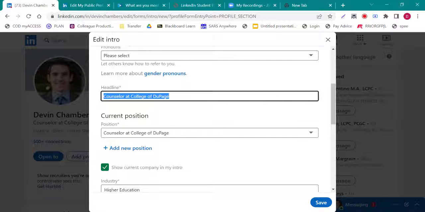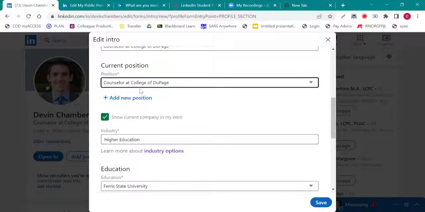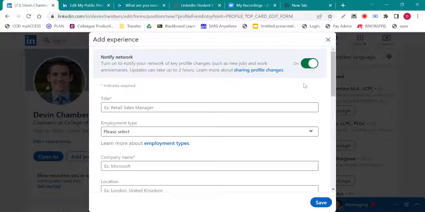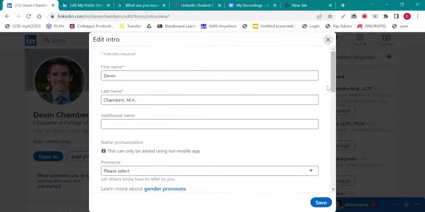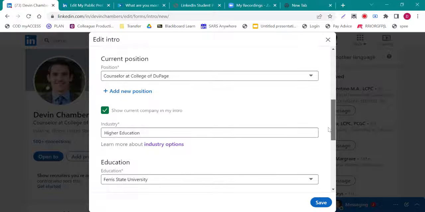moving careers or if you're in a field where you jump around a lot, which a lot of corporate business management fields, people move jobs frequently. So sometimes it's good to have a more general one. For you all right now, I think it's okay just to have current position. But yeah, you can add your position here. Oops, I did not mean to click on that. And I'll show you how to add more positions later.